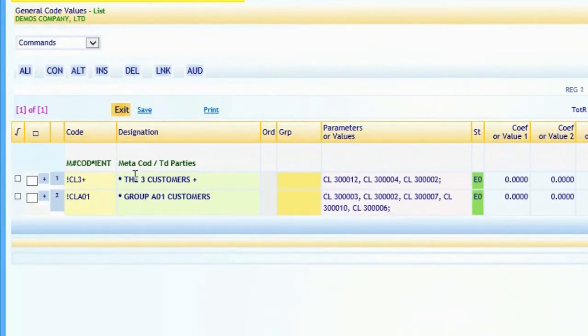!CL3+, the metacode to select the three major customers, and !CLA01, the metacode to select the customers of the group A01. How do selection metacodes work? It's simple, as we notice. We indicate for each metacode the codes that metacode refers to. In this case, for the metacode of the three customers plus, three customers codes have been associated: